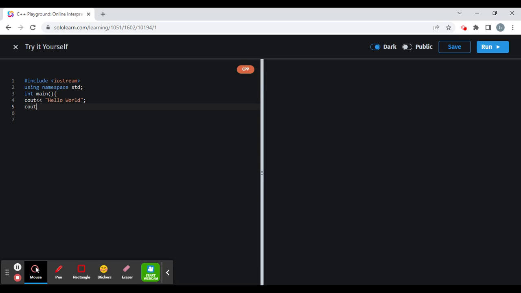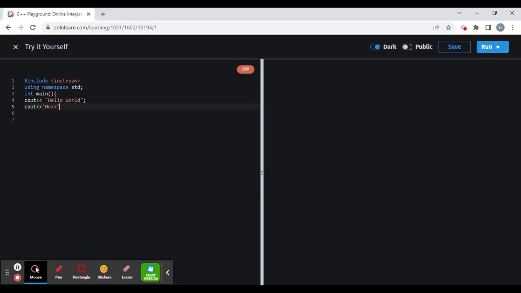And then let's do something else. Cout. We'll just show that you can have multiple insertion operators. I'm going to say, hey, how are you doing? But I'm going to do it in a way where it seems weird, just to get you to understand what's happening.